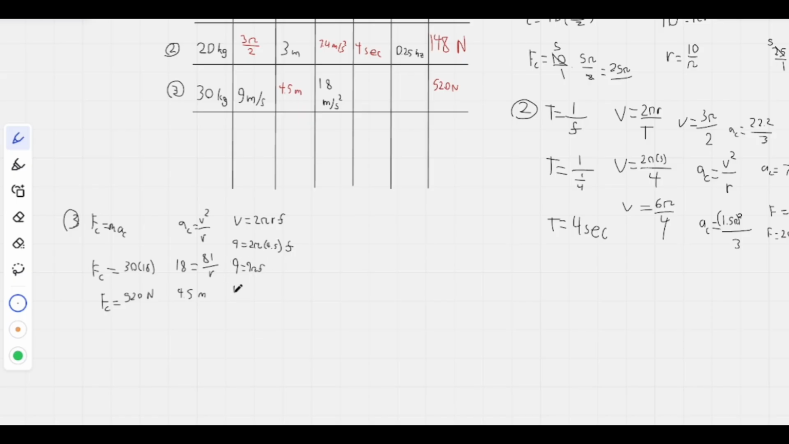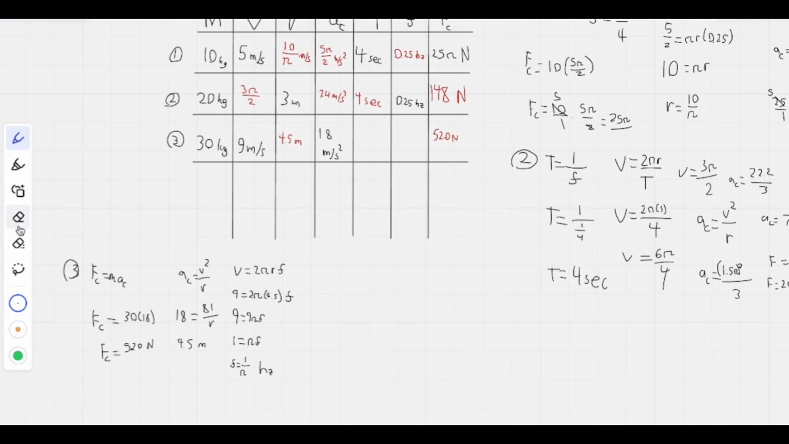We divide 9 onto the other side, 1 equals pi times F. Divide pi onto the other side. Our frequency is equal to 1 over pi hertz. We can plug that in to our box here. 1 over pi hertz is our frequency, and